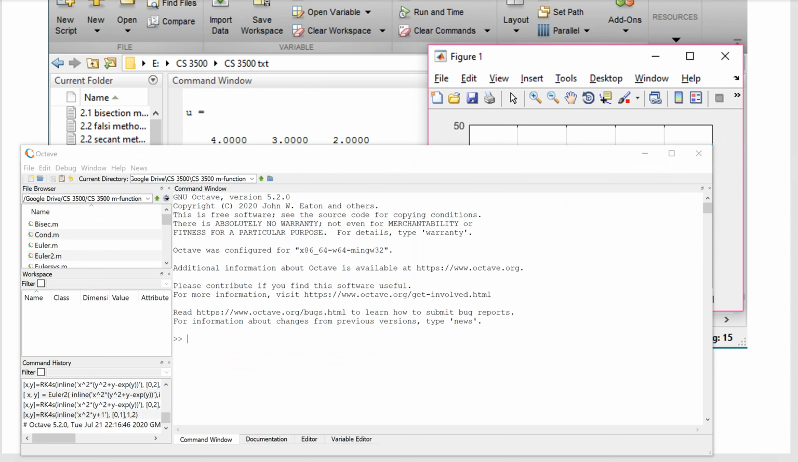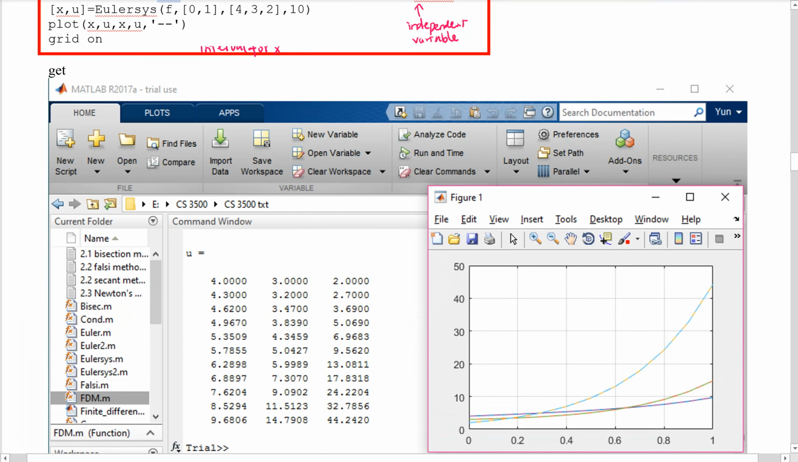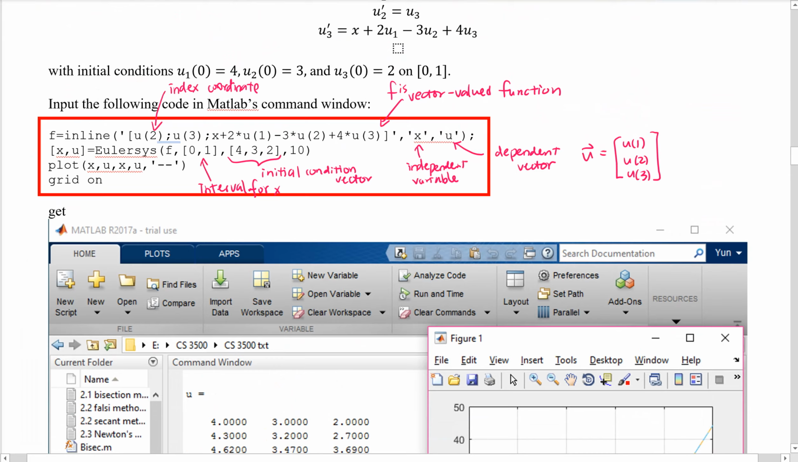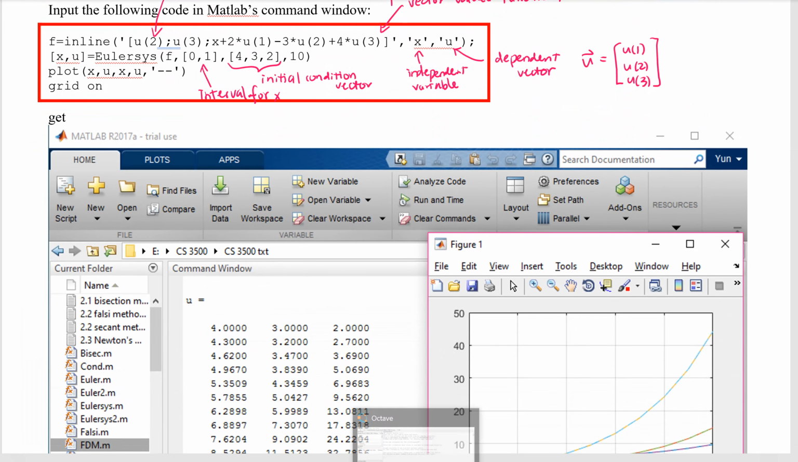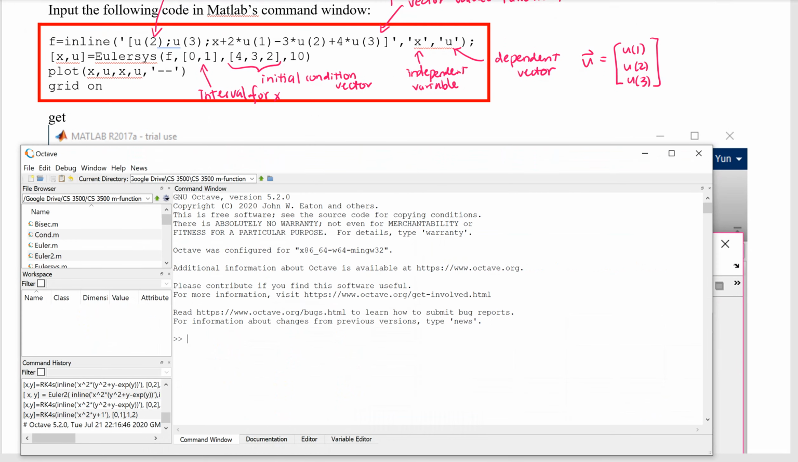So this is Octave, and this is the syntax. I actually want to type it, because I don't want to just copy and paste it here. I want you to see how we actually type it. So F equals inline, parentheses, and then we have the u of 2, semicolon, u of